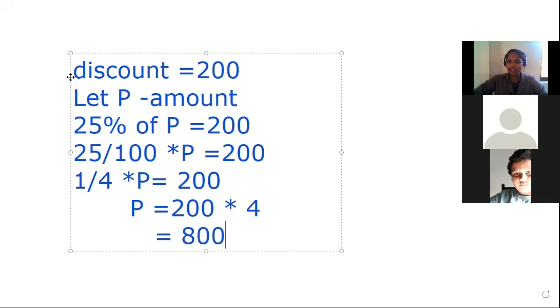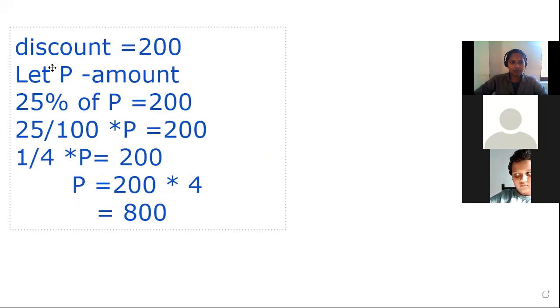How do we find it? We have got the discount amount, that is 200 rupees, and we have to find the actual price of the sweater. And we know that 25% is the discount given. That means 25% of the actual price is rupees 200. So we choose P as the actual price. So 25% of P is given as 200 rupees. Then 25 by 100 into P is equal to 200. When we transpose 25 by 100 to the other side, it becomes 100 by 25. 100 by 25 means 4 by 1 or 4 itself. That is 200 into 4, which is equal to 800 rupees.